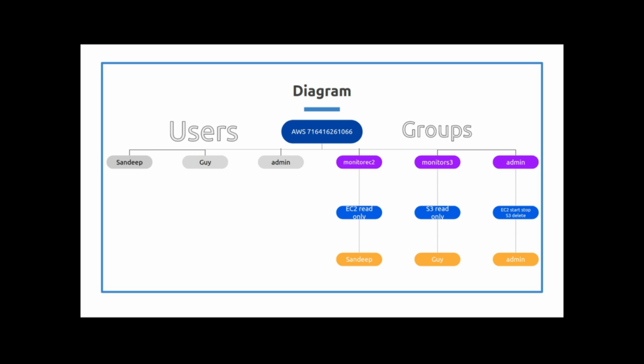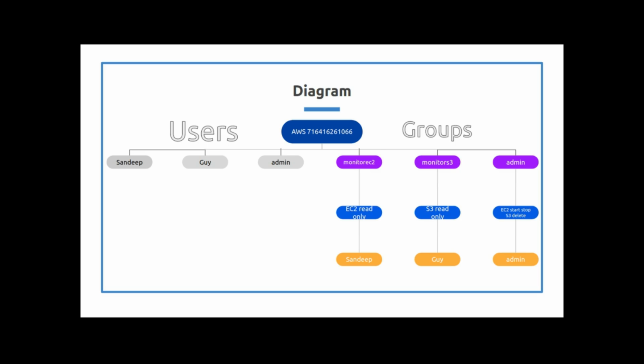So you'll see on the right, there are the groups. You have the monitor EC2 group, which is just read-only access on EC2, which means you can see what's going on in the EC2 instances, but you can't actually do anything with them. Then there's going to be a group for monitoring an S3 bucket, which is the same thing: you can look at the S3 bucket, but you can't change anything on it.